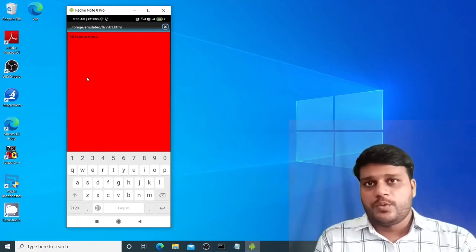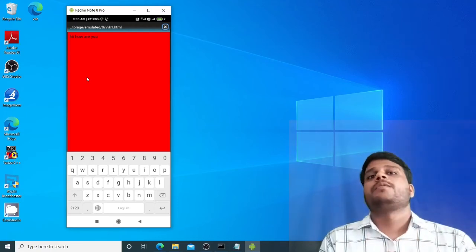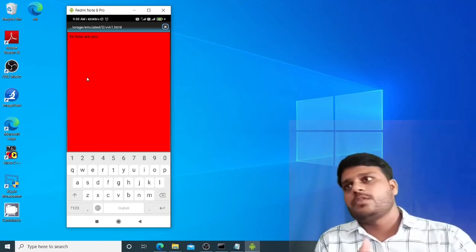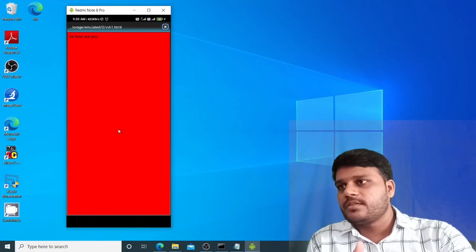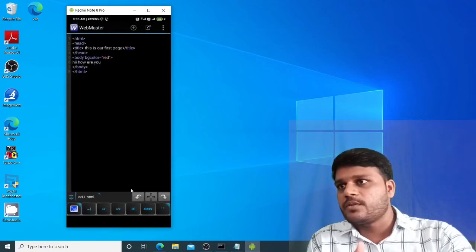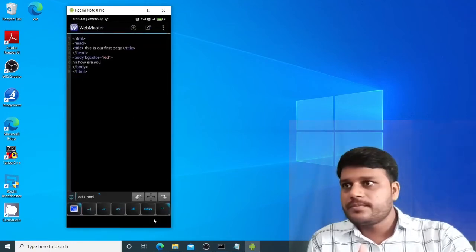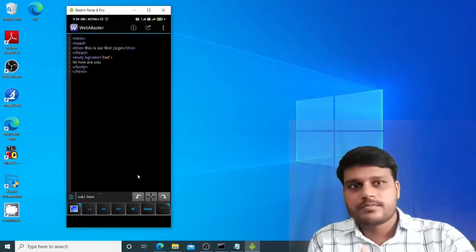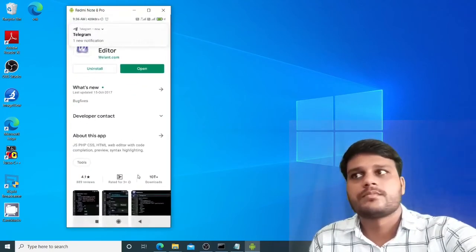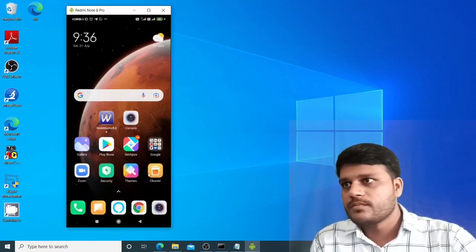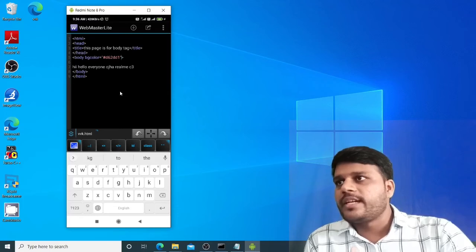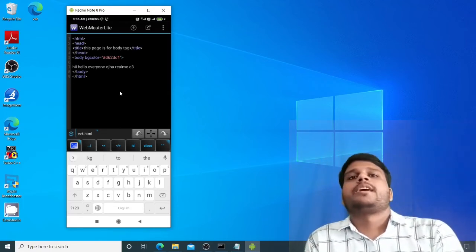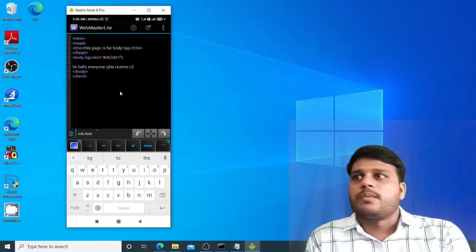Okay. So students, this is the basic setup of one thing. If you are using the Lite version, there is also a solution for that. Suppose that you are using your Lite version, we will discuss some steps about the Lite version also. Here is a Lite version. You can see that there are some codes I have already typed for demo purposes.